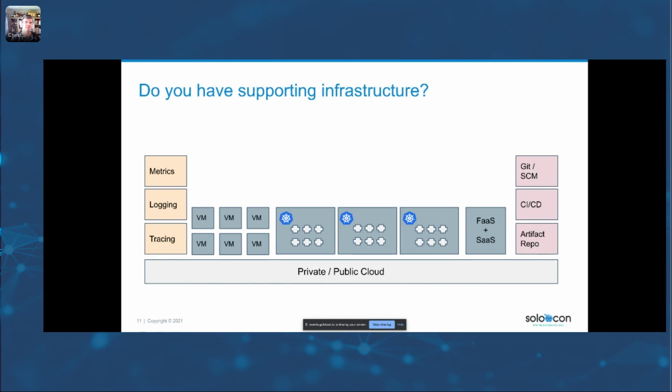Things like the supporting infrastructure like telemetry, time series databases, Prometheus, Grafana, CloudWatch, Stackdriver, these types of things for collecting logs, maybe distributed traces. So having these as foundational pieces for operating a microservice style or a cloud native infrastructure are strong supporting pieces that you would need to operate and successfully deploy a service mesh.